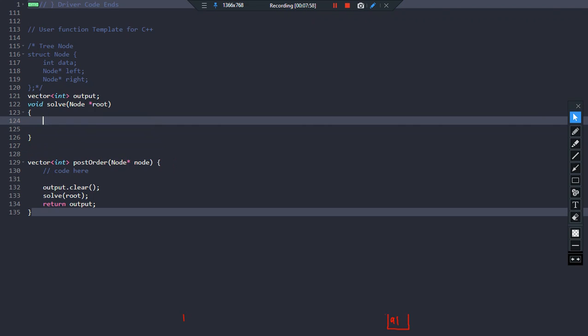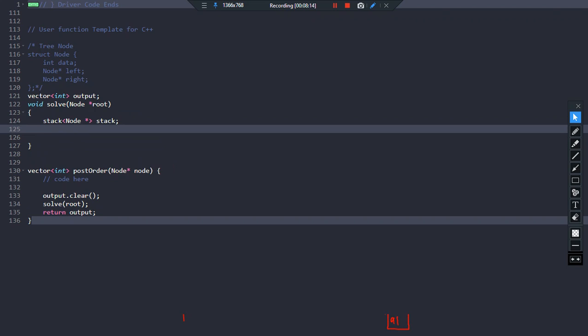Now inside the solve function, we know that just now in the algorithm we discussed that this process will continue with the help of a stack. So basically we need a stack. So I'll write stack, and that will be storing the address of nodes. So basically stack<node*>, and the name of the stack is stack. Fine. What next? Now we also discussed that we will be using the help of a